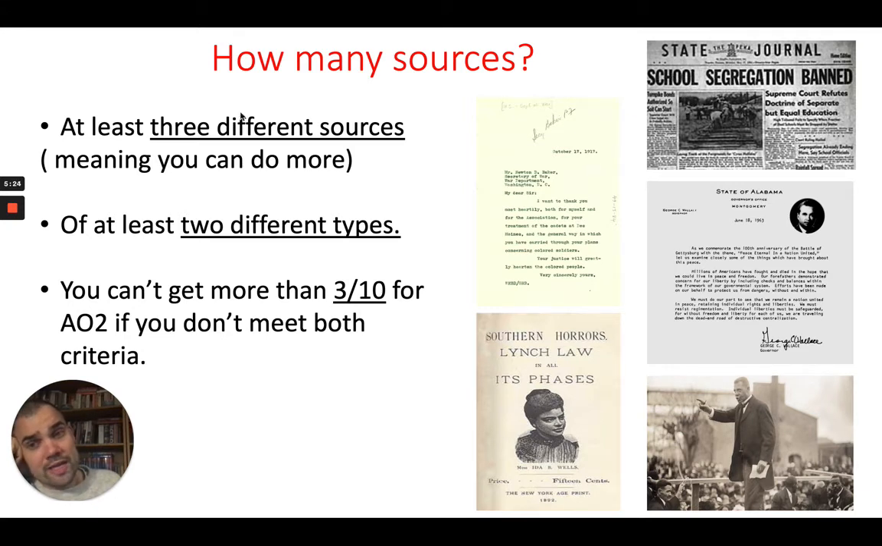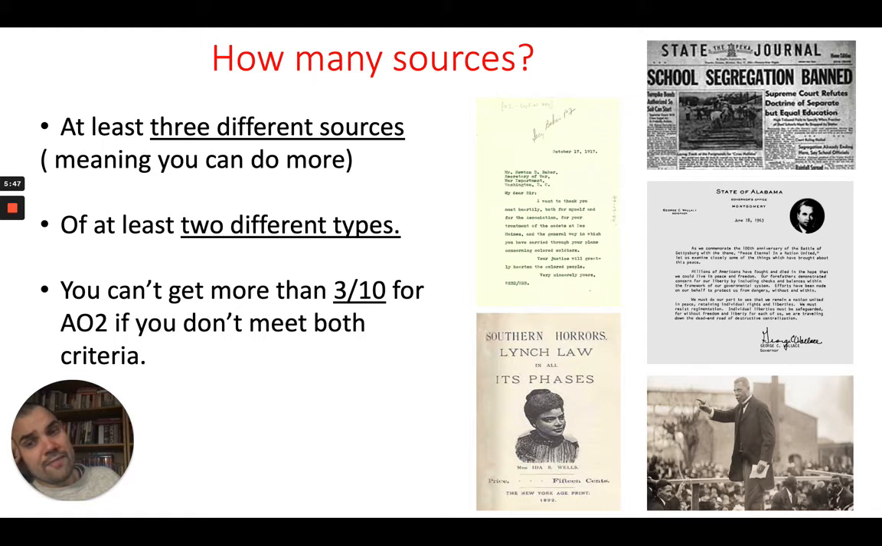And another really important fact, there needs to be at least 2 different types. Okay, so that's about the nature of the source. So you couldn't have 3 speeches, for example. You'd have to have a variety of different types. You might have a newspaper article for one, you might have a poster for another one, you might have a diary for another one. So you've got to make sure there's at least 2 different types of sources over the